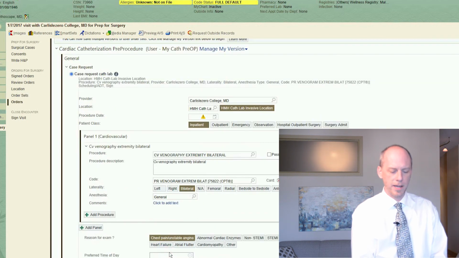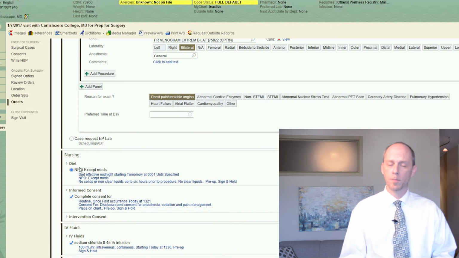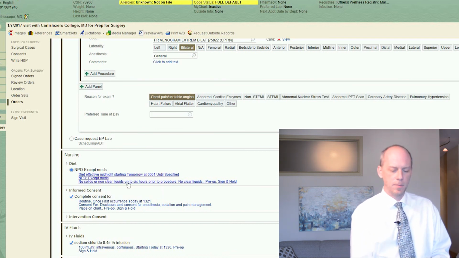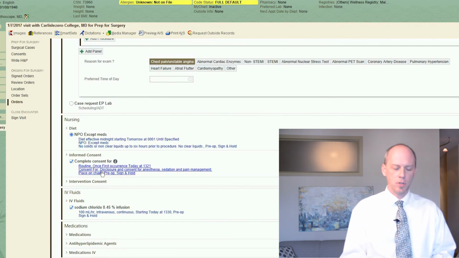Now, as I scroll down, I get to my nursing orders, which I've already chosen as part of my favorite, which is NPO accept meds. And in this summary sentence here in the blue, you can see the details for that particular order. We can do an informed consent order. You can complete this consent for,